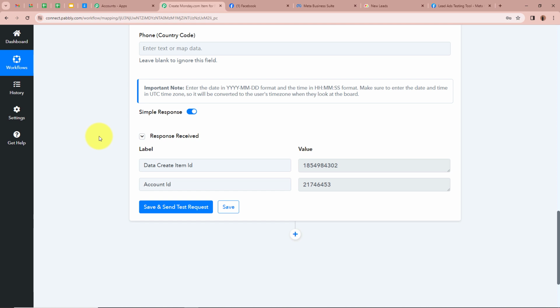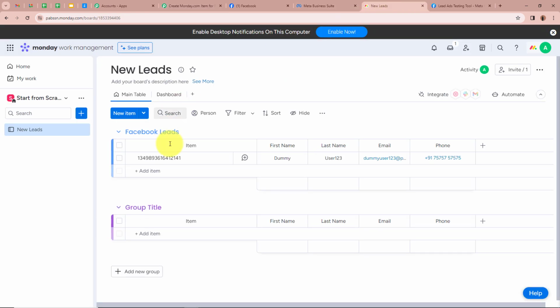So now to check whether an item is created in my monday.com account, I'm going to open my monday.com account. And yes, over here under the group of Facebook leads, an item is created. As you can see, for the item, the item ID that we have mentioned, for the first name as dummy, for the last name as user123, email as dummyuser123@pabblytuts.com, for the phone number, a dummy mobile number. So this means that we successfully created an automation between Facebook lead ads and monday.com with the help of Pabbly Connect. But now for all of you guys, what I'm going to do is generate another lead